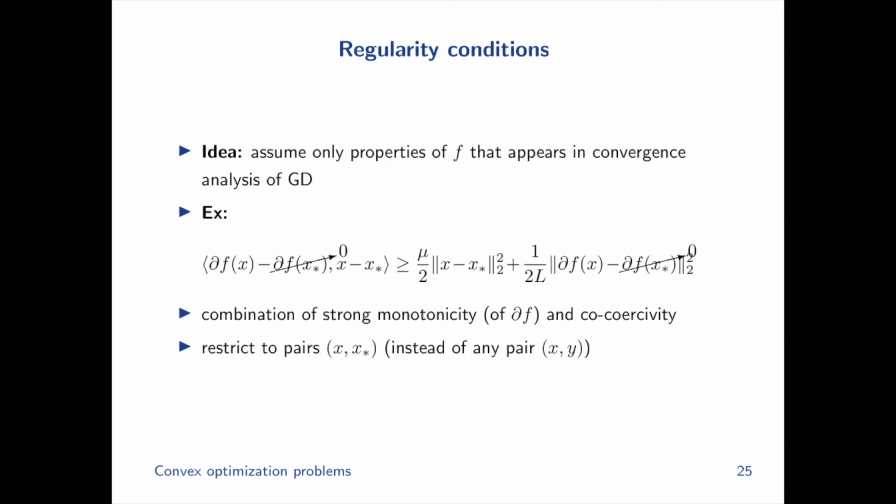are taken, is a sum between the lower bound from the strong convexity, lower bound from strong monotonicity, which is an equivalent characterization of strong convexity, and the lower bound from co-coercivity, which is an equivalent characterization of strong smoothness. So in some sense, it's like strong convexity plus strong smoothness lumped in here together as one. Okay,